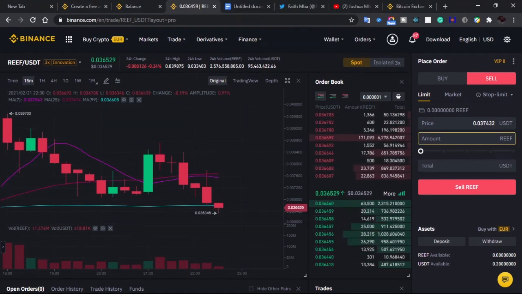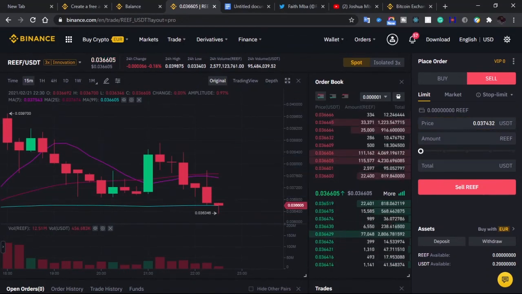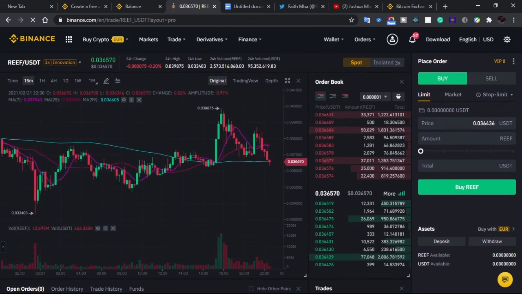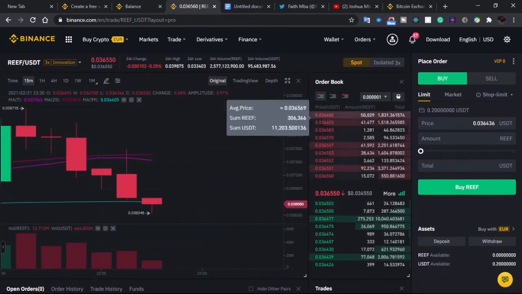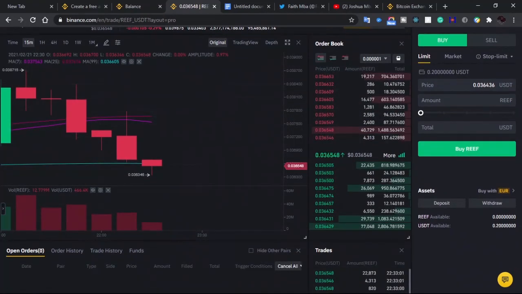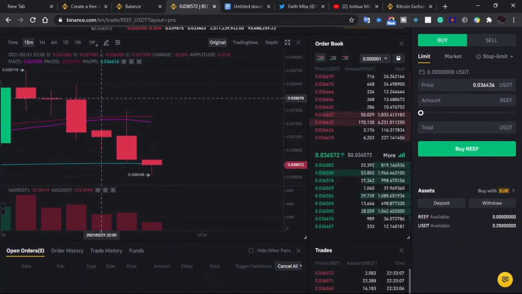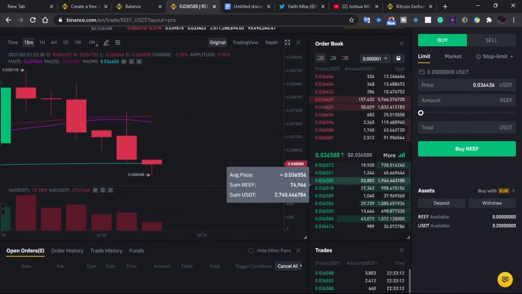So why trading? So let's say I want to buy REEF. Right now the value of REEF is 366 something, and I'm just going to refresh this page again. The page is refreshed, and I'm just going to zoom in a little bit. In this particular column, you're going to see this that is moving. Now, this is the exact value of this coin while we are speaking. Because it's volatile, it can't be on a stable value.